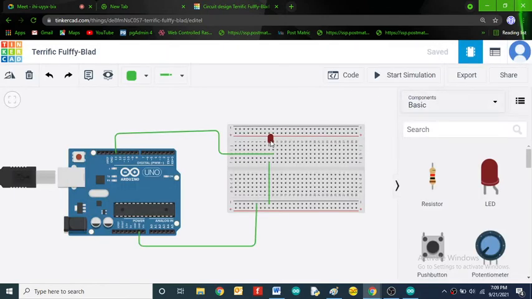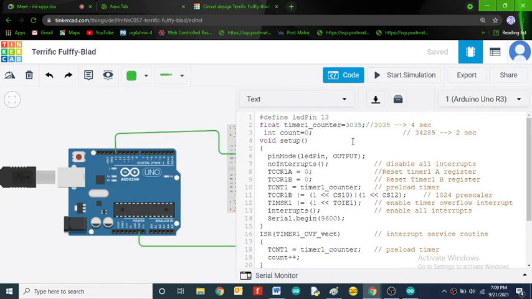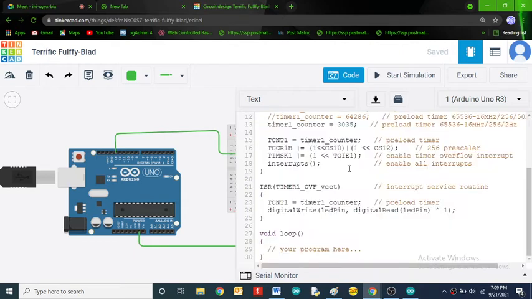Just I have the resistor. The LED is connected to pin 13, no problems, and then open the code. I already have the code here, as defined, or else I will copy and paste it again.